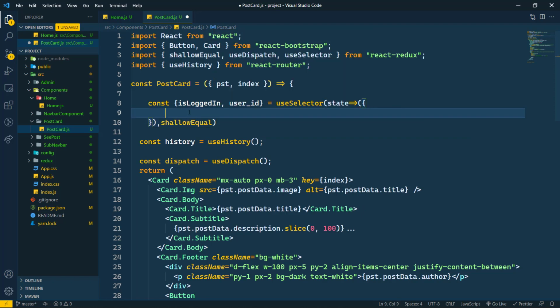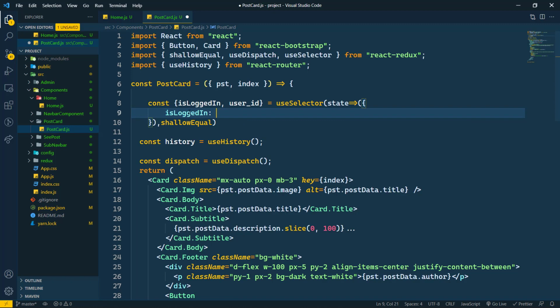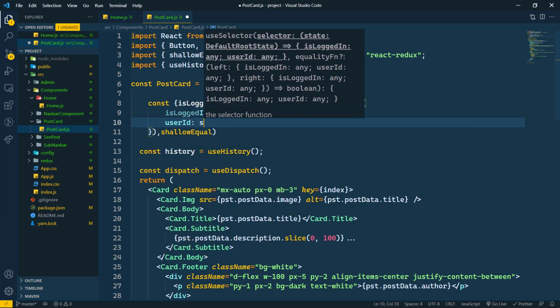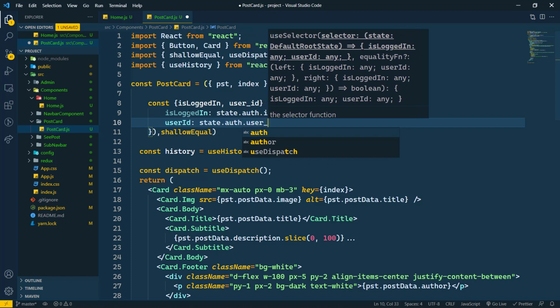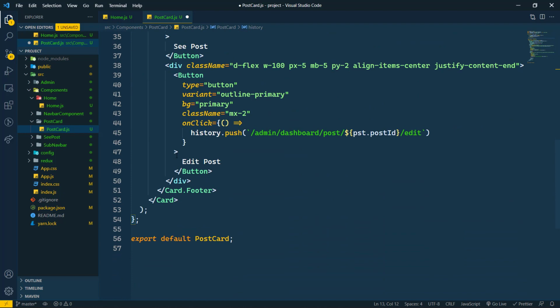We are importing this from React Redux here. So we will check isLoggedIn, and this we will get from state.auth.isLoggedIn, and the second thing is userId, and that we will get from state.auth.userId here. Now we have the isLoggedIn and userId also.